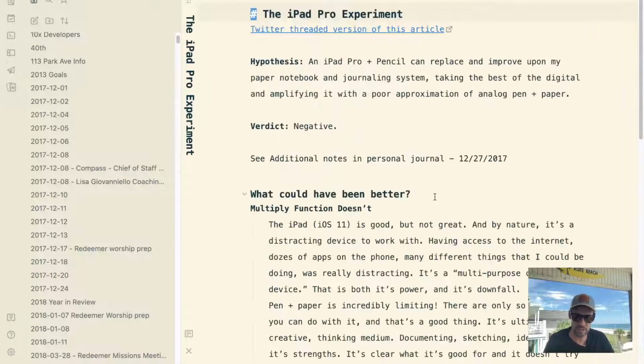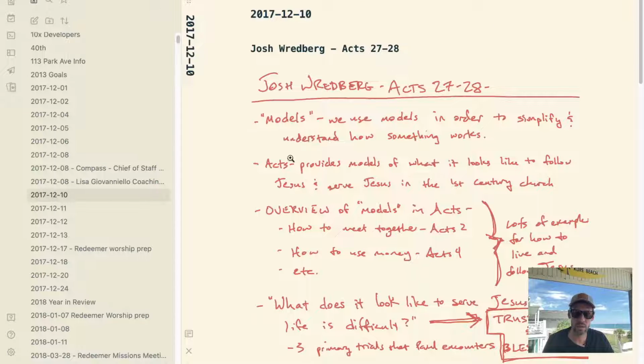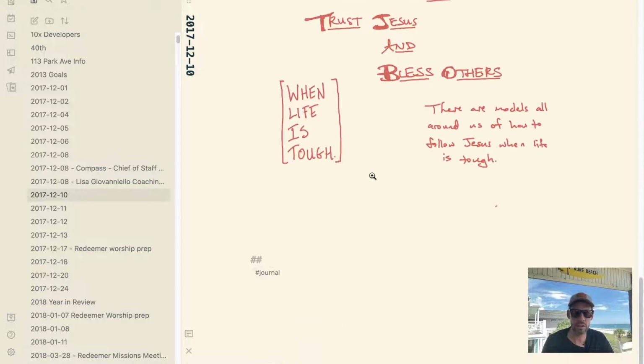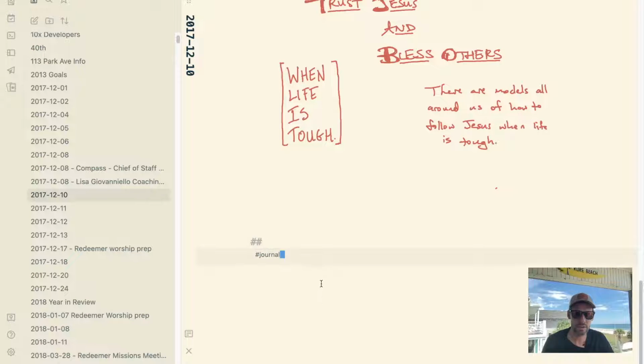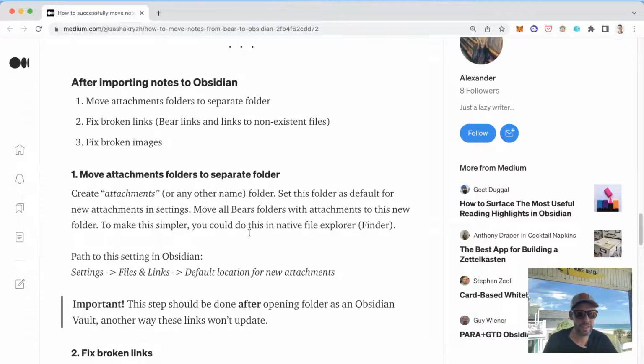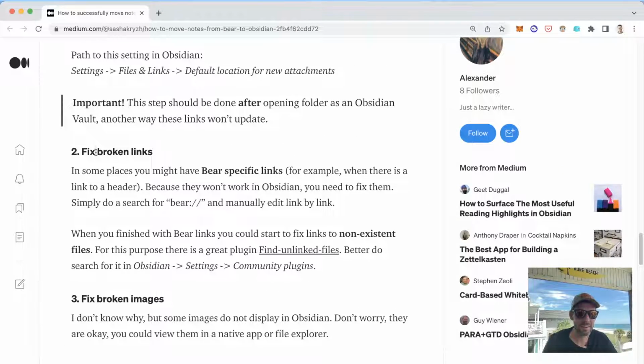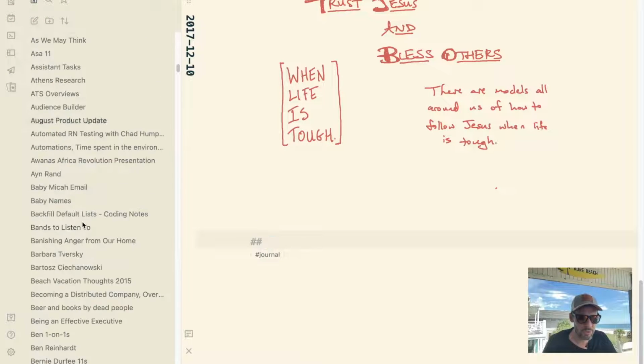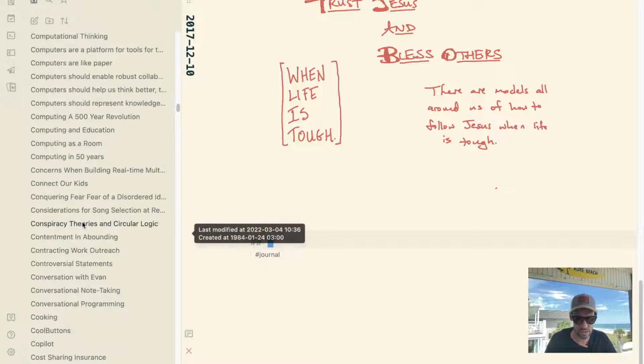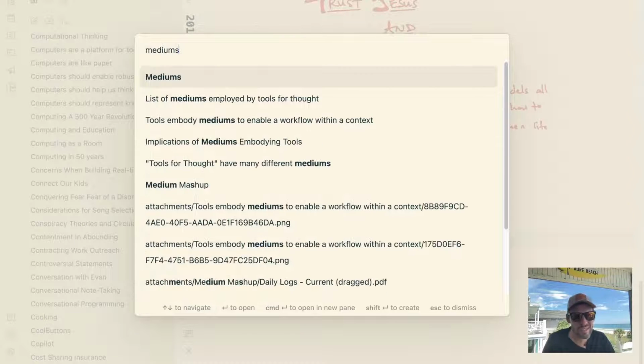But nifty doodle, as soon as we copied those folders in and specified the attachments directory, they loaded automatically, and here they are, which is pretty fantastic. Glad that worked so easily. Really did not expect it to be that easy. All right, so if attachments are working, let's click around in a few other places where I know there are attachments. Like, let's see, Mediums, I think, has one.